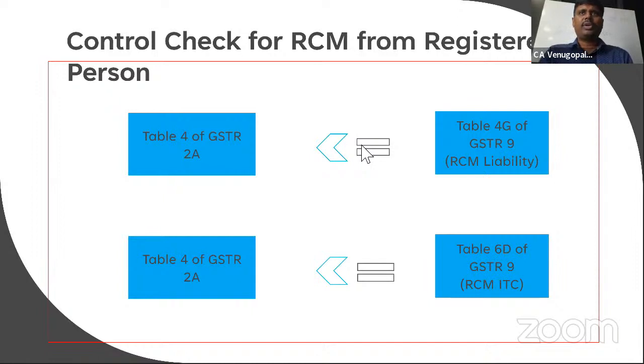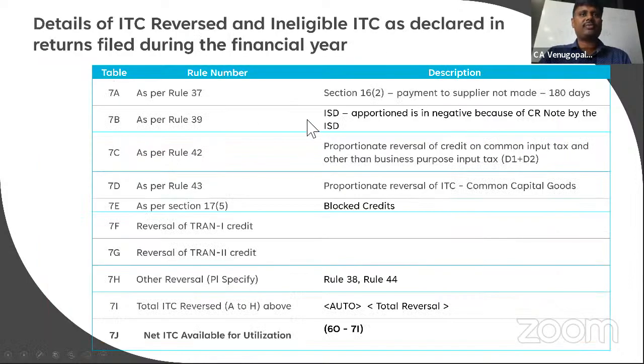All right, moving on to the credits that you have reversed. Reversal of the credits is reported in table 7. You will reverse credit owing to multiple reasons. A, you have not paid to the supplier within the time, so you have reversed it. And please note, you will be reporting the credits if and only if you have reversed in your GSTR 3B,